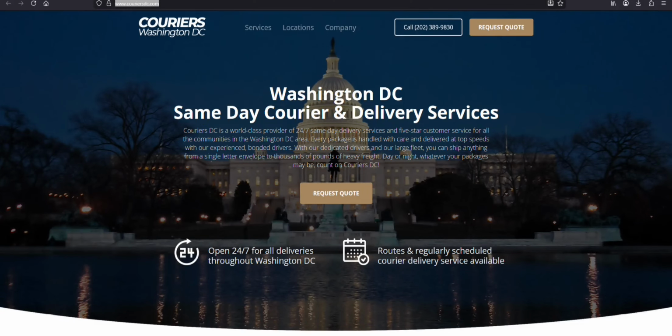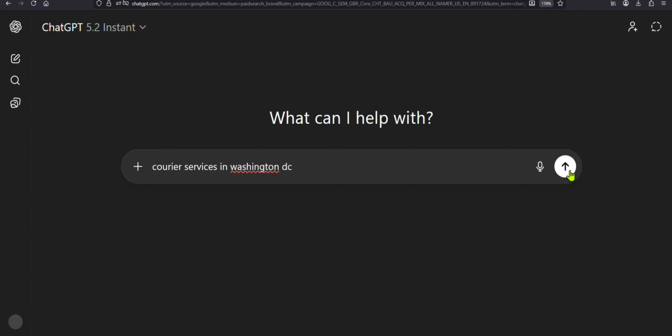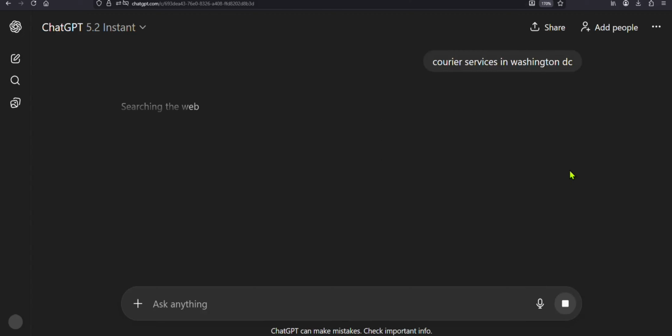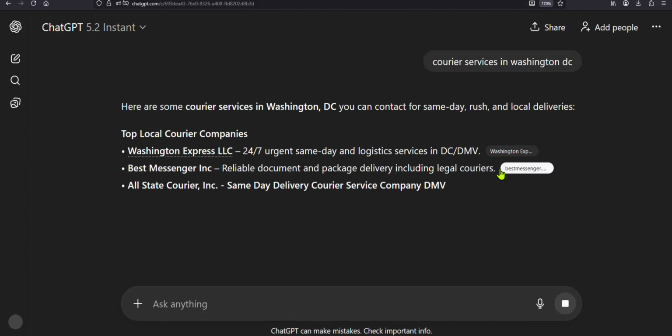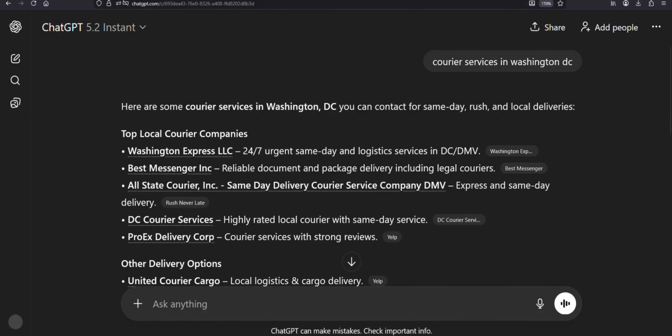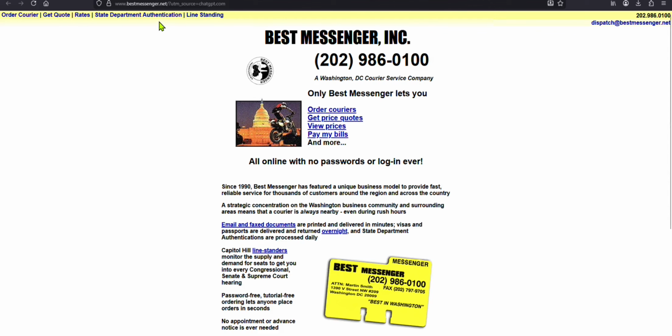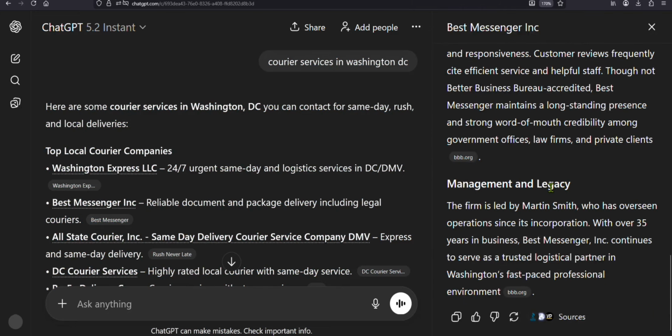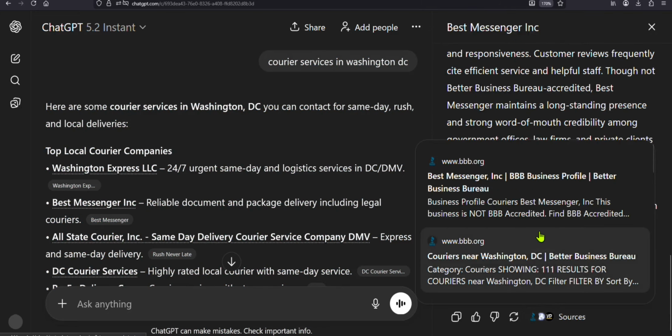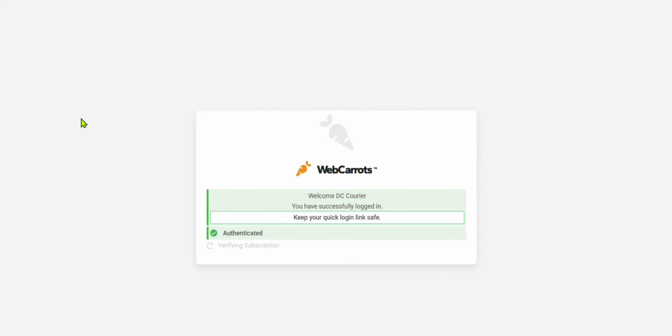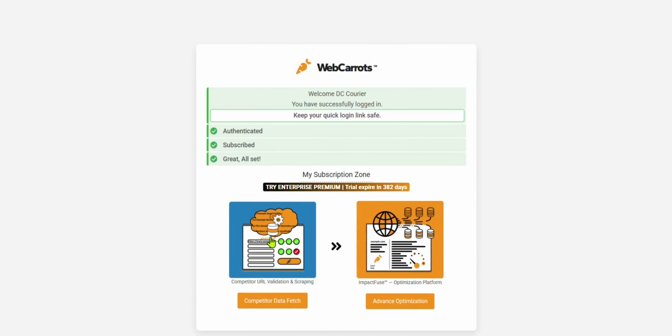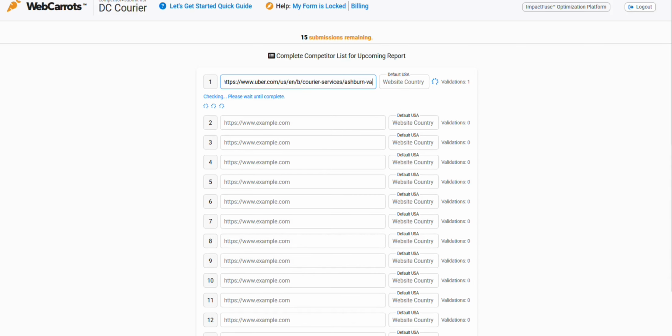The first thing to do is to get the competitors. You go to Google. You check Google AI. You check Google Organic. You also go to ChatGPT and other AI apps and pick top listed competitors. You can look at the sources, and once you've evaluated that these are your real competitors, keep those URLs and